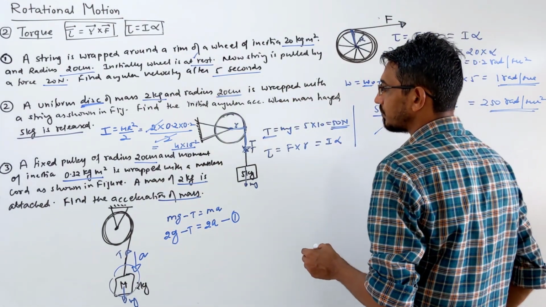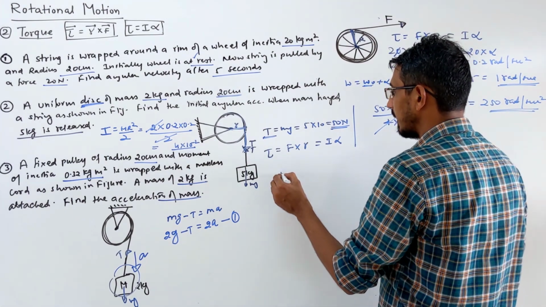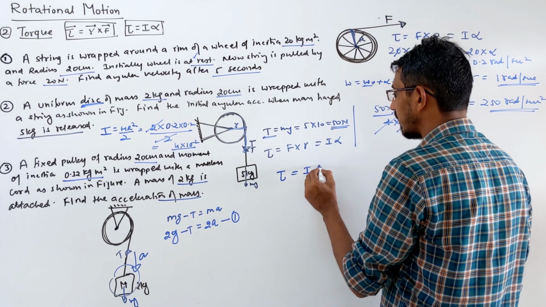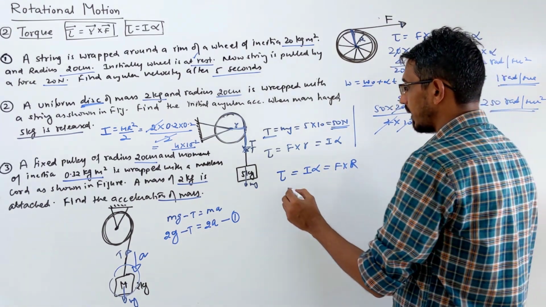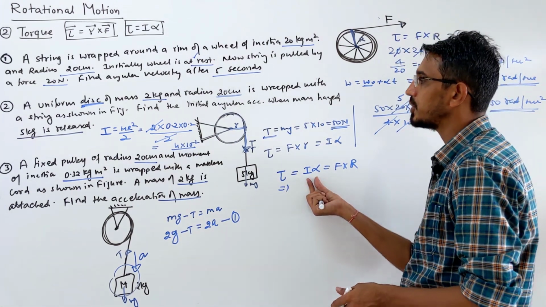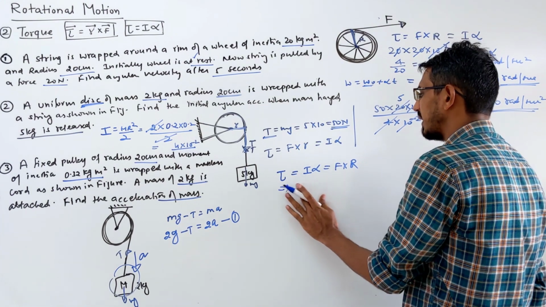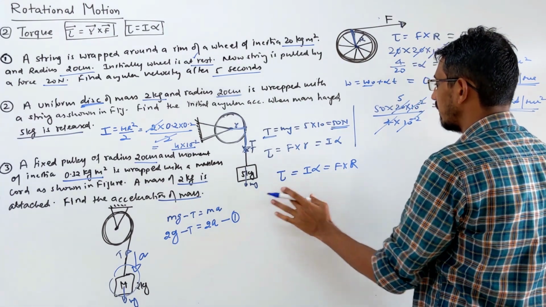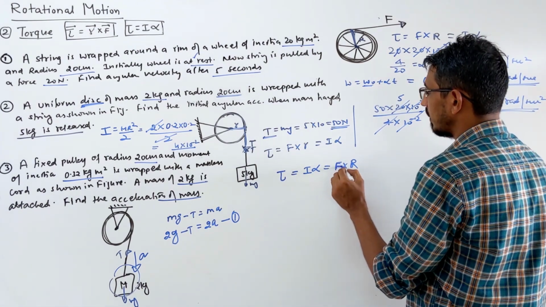Okay. So what is given to us? Let's write torque: you know, I into alpha. Torque is also equal to force into the perpendicular distance R here. So many things are given to us. Look here. What is given? Inertia is given, 0.32. I will just put the symbol only. From here you will see what we are getting.